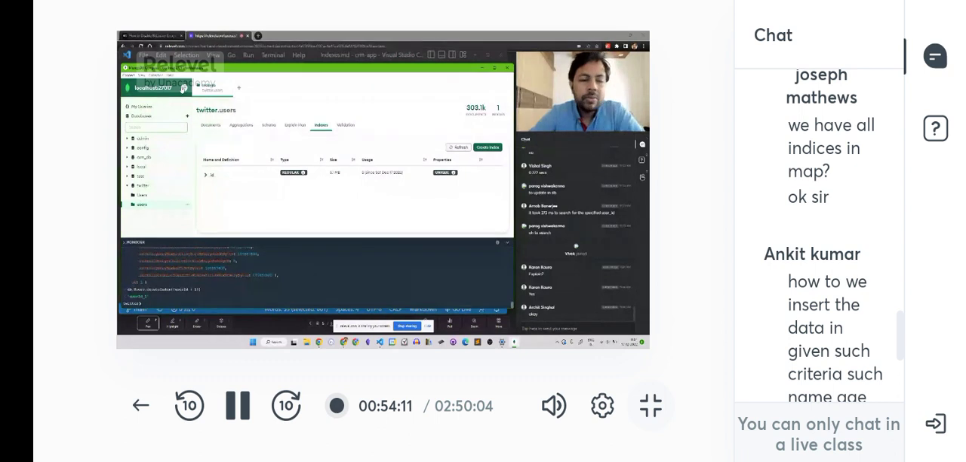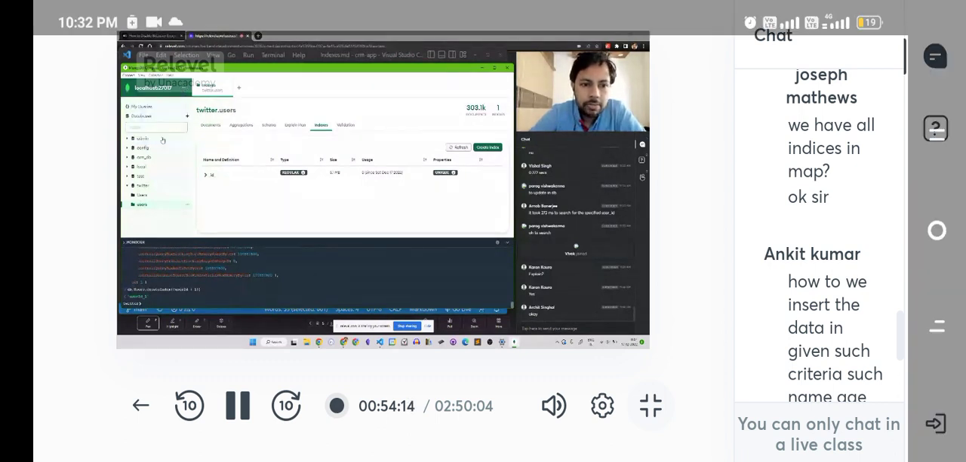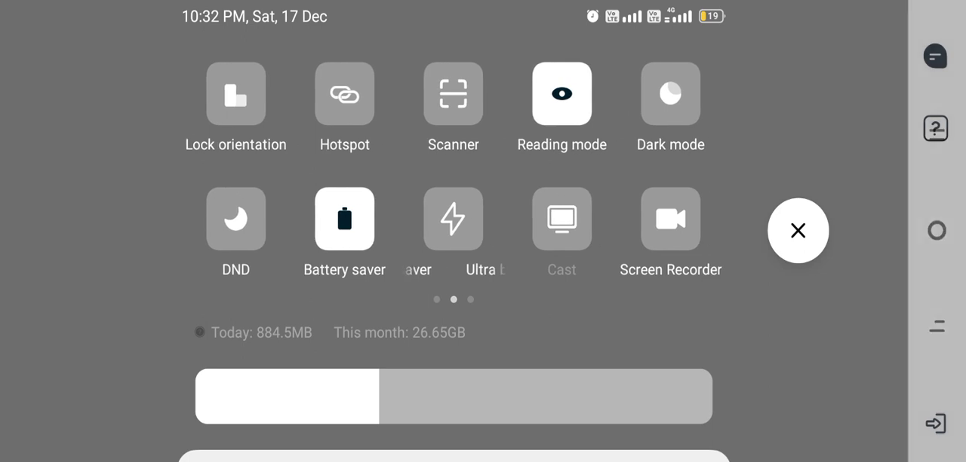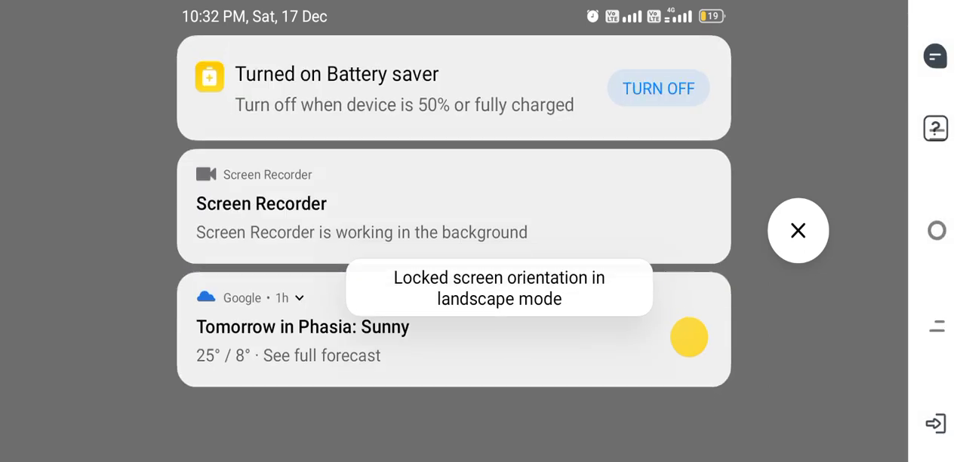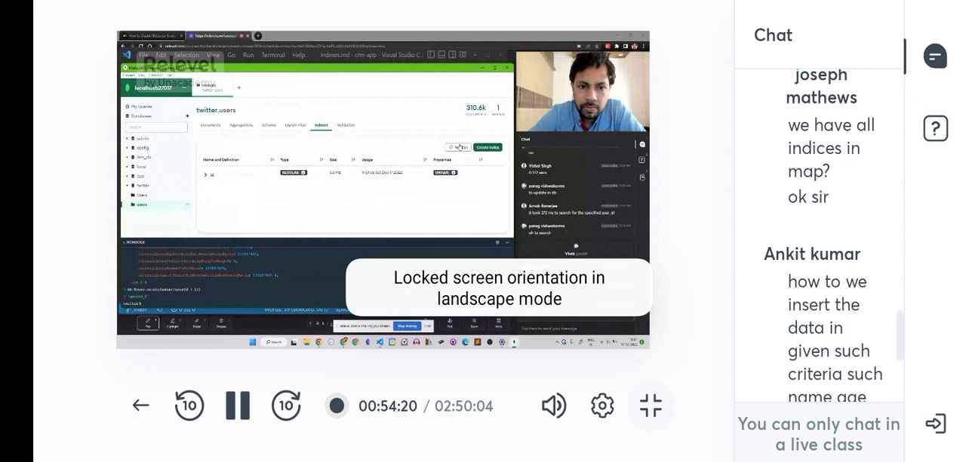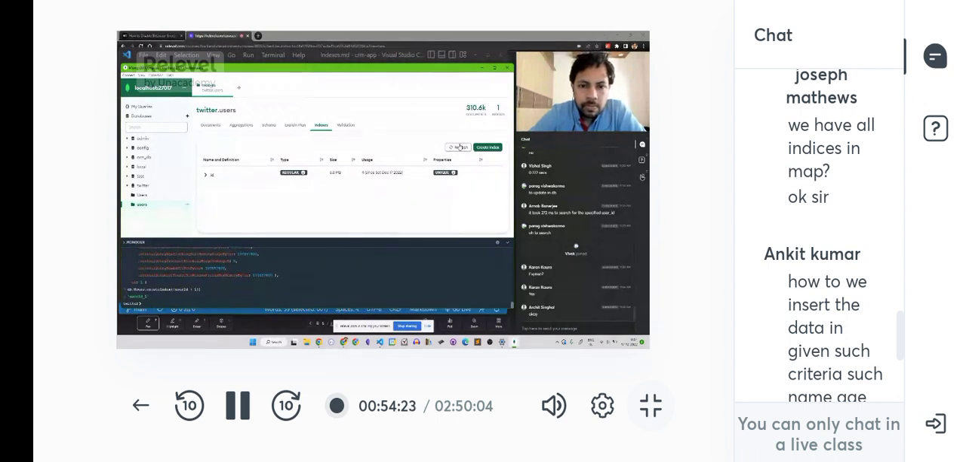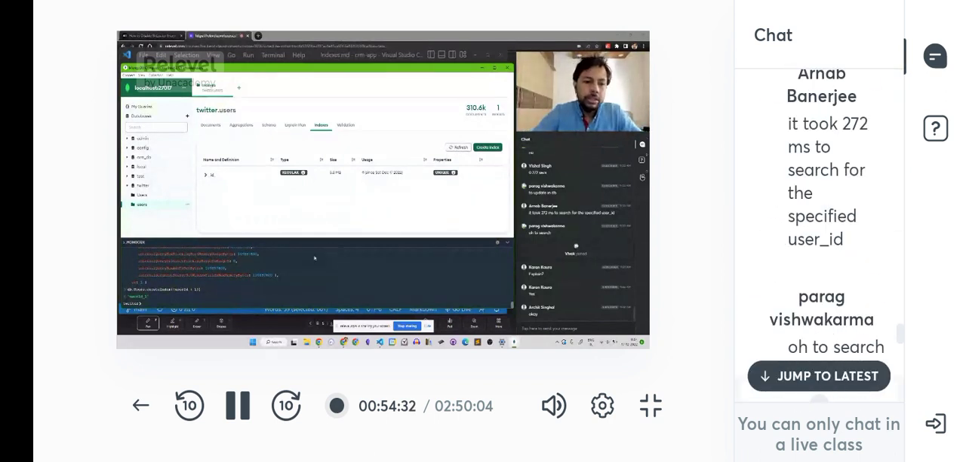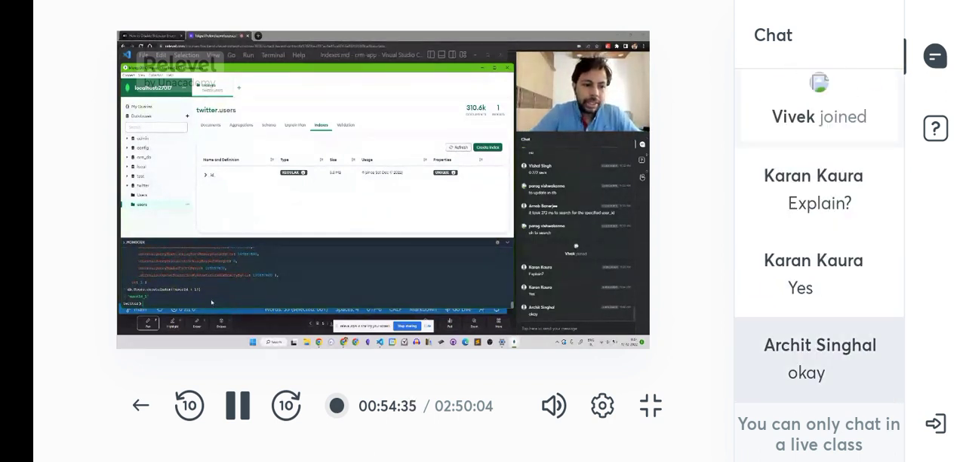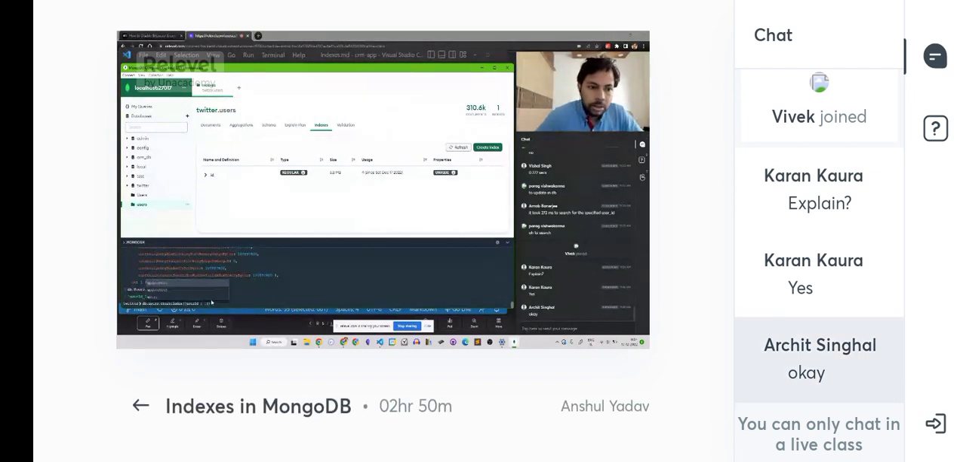Give it a few seconds. It will create the index. Refresh. Oh, I got it. You see what the problem is? I created it for capital U users. It should be small u users. Yeah, users. Now if I just run here